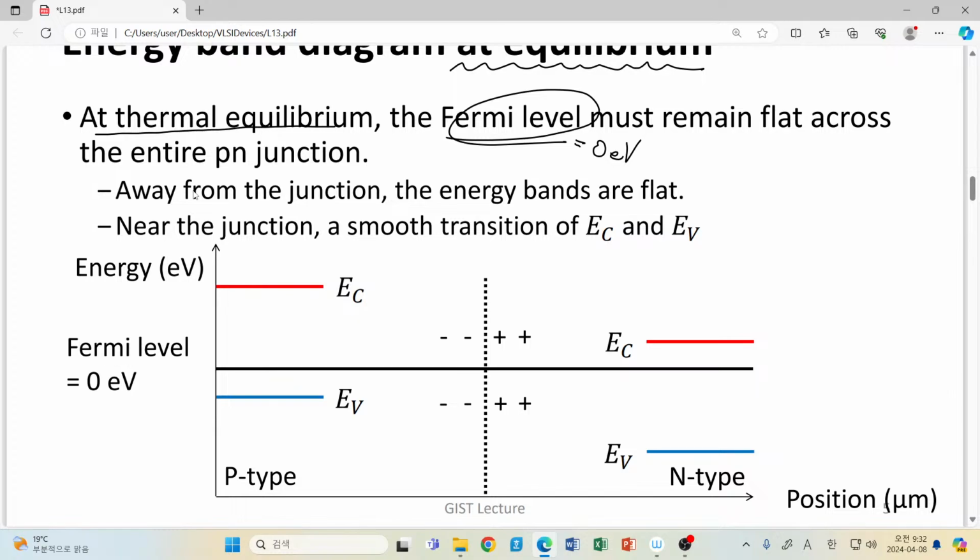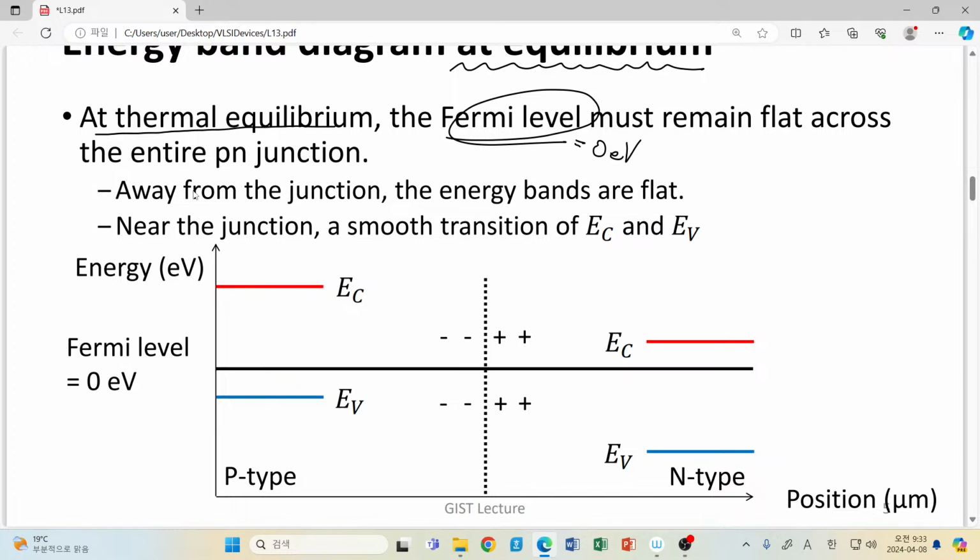So then maybe you can ask me this question, but the actual case we have to consider is not the equilibrium case. Usually we must consider the non-equilibrium case. Yes, you are right. However, before drawing your band diagram for general cases, please try to always draw the equilibrium band diagram. Once starting from the equilibrium band diagram, then later you can think about additional effects by applying additional